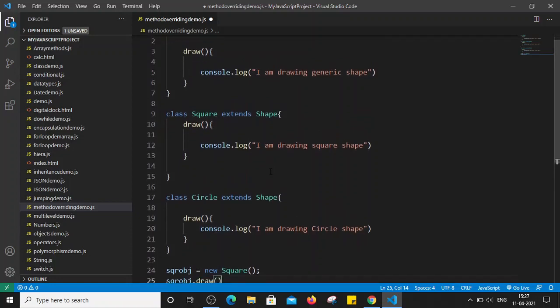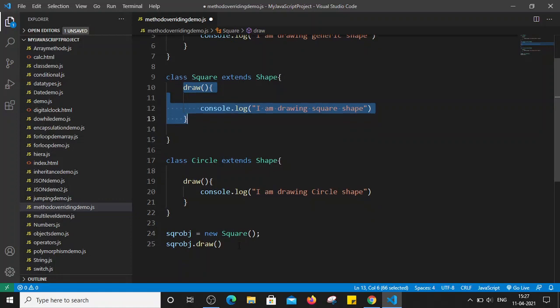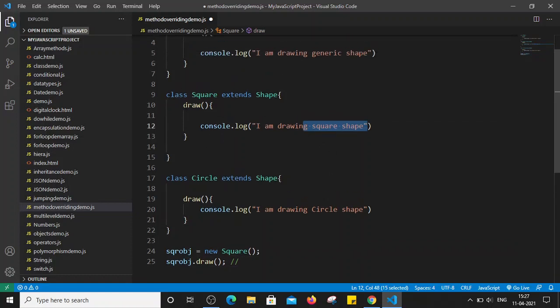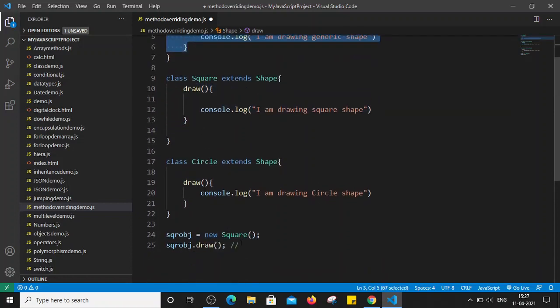So which method will it call? It will call the draw method of square class. So it should print square shape, right? It should print this statement, because this draw method is overriding the method which is in parent class, right? Correct. So this is the concept of method overriding.